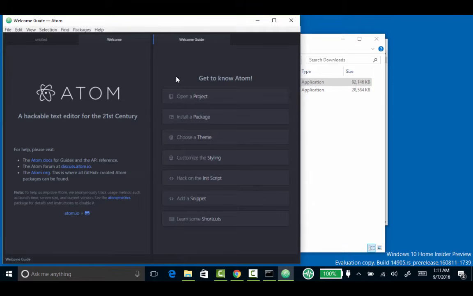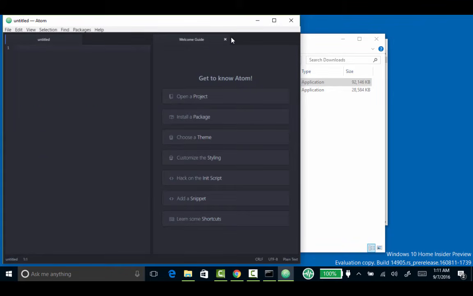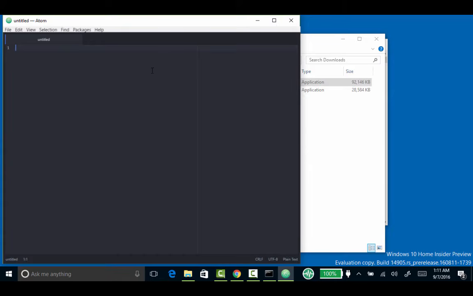Okay, so Atom is now installed and it's kind of telling us what to do. I'm going to just close all these windows, close everything, and I'm going to create a file. I'm going to say print, in this case, let's see if I can make this bigger. I can make it bigger. So I'm going to type print hello from a file. Okay, and I'm going to save this.